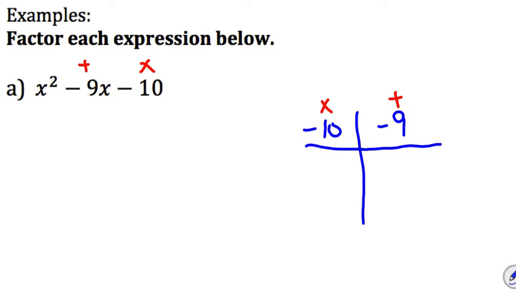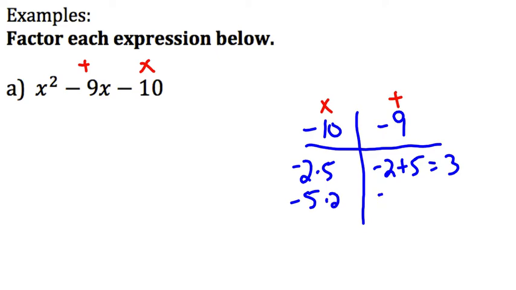Well, 10 only has two sets of factors. It's either 1 and 10 or it's 2 and 5. And if we look at negative 2 times 5, negative 2 plus 5 gives us 3. So if we switch those signs and say a negative 5 and a positive 2, the only thing that's going to change when we're adding them together is our answer will, instead of being a positive 3, it'll be a negative 3. All right, so either way, neither of those gave us a negative 9,